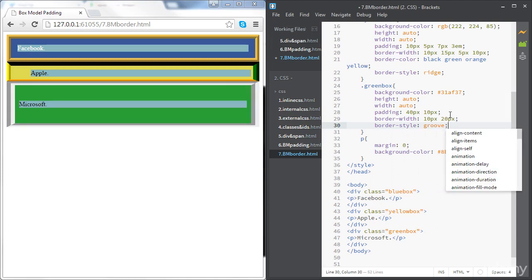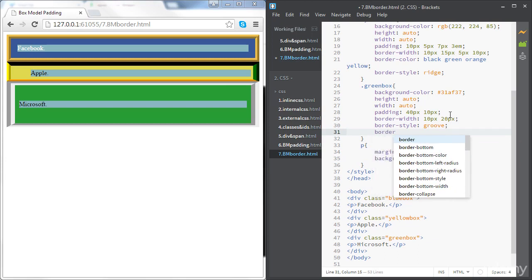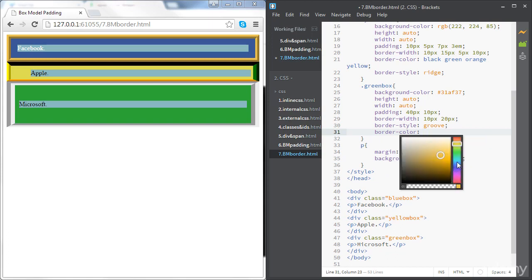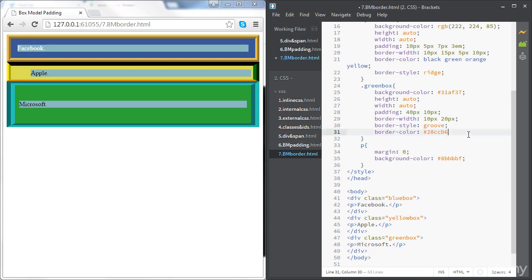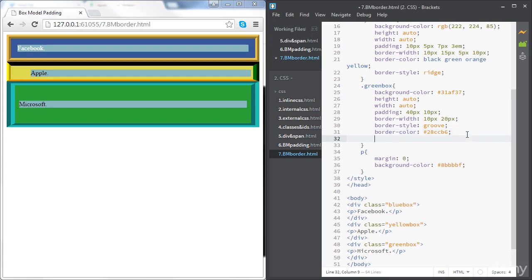Okay, and let's choose a color. Okay, let's pick a color from here. All right, there is another parameter that we can use, it's the border radius, and basically the border radius will make the corners curved. So if we set it to 10 pixels, for instance, you can see now that the borders are curved,